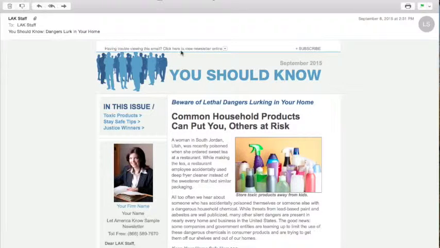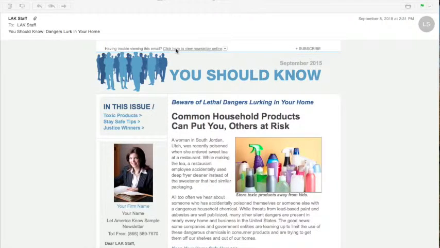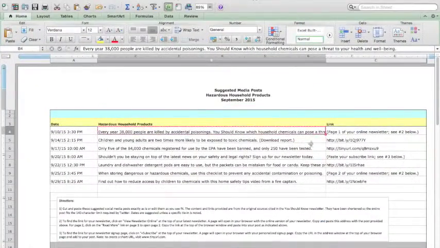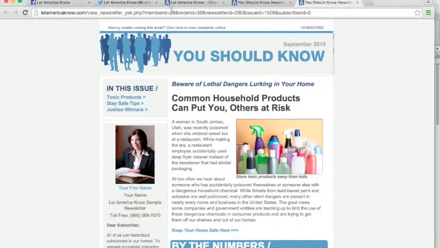You'll click up here on "Having trouble viewing this email, click to view the newsletter online." You'll click on that link, and it will take you to an online version of your personalized newsletter. And since the suggested social media posts say page 1 of the online newsletter, we'll select this